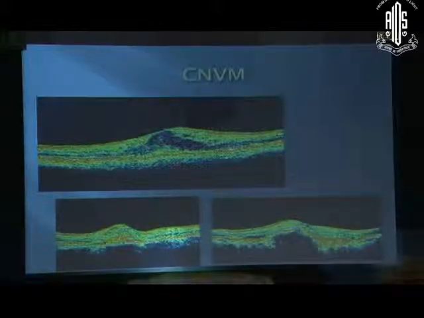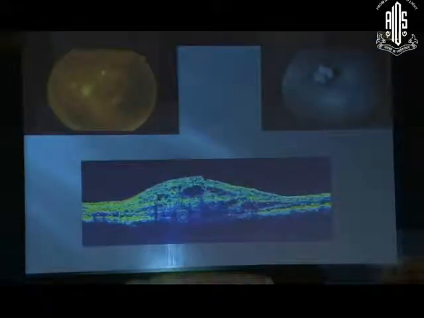This is more of a fibrosed one. This is with the PED, and there is fluid in the neurosensory space, and there may be overlying CME along with the choroidal neovessel. If there are a lot of retinal hemorrhages, the underlying layers may be masked because of the hemorrhage. It will not allow the light to go in, and this may be masked. But other changes in the retina, intraretinal or in the subretinal space, can be seen.